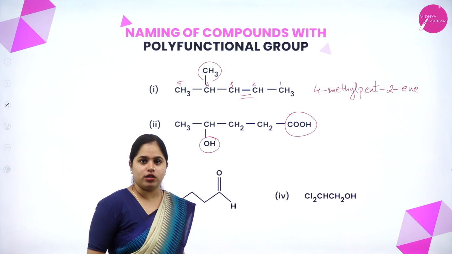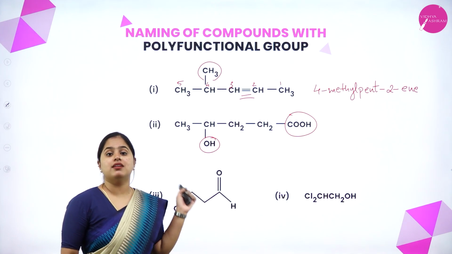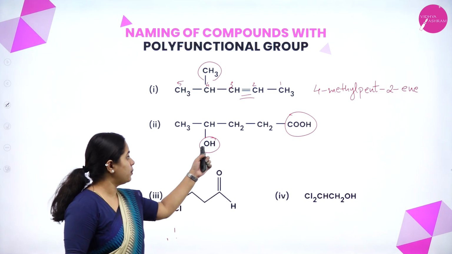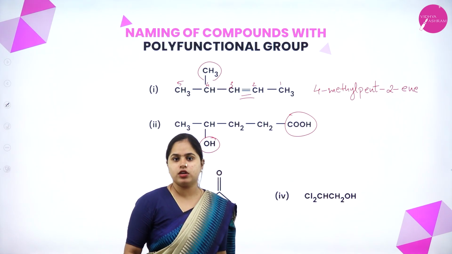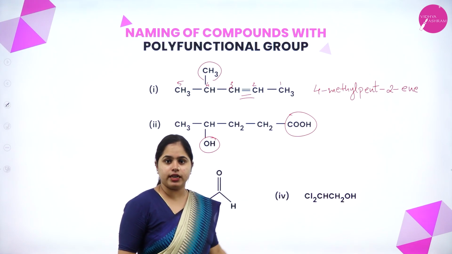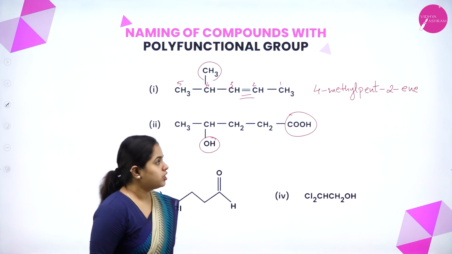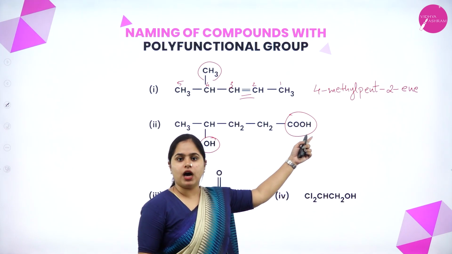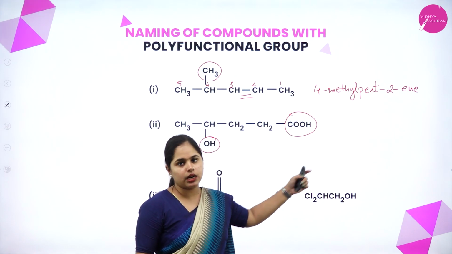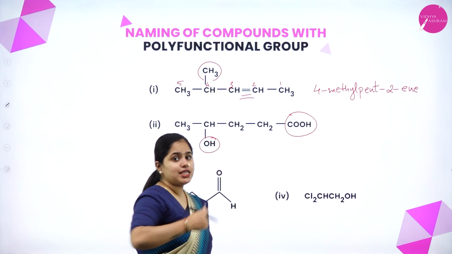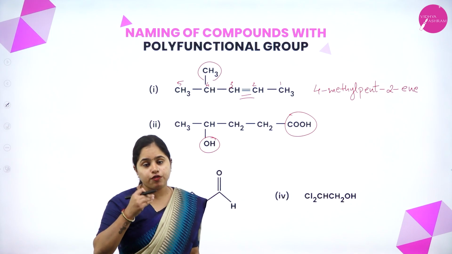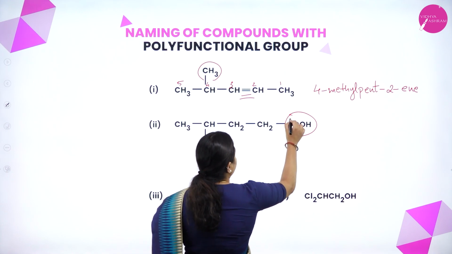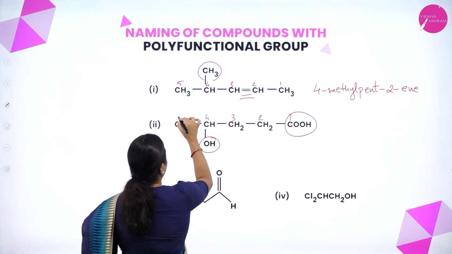Now what about the OH? That is alcohol. OH will be considered as a substituent here. So the name will be prefixed, right? This will be considered as prefix and that will be your suffix, because according to the priority list, carboxylic acid comes first. So again, what do we have to do? We have to start numbering. According to the priority, carboxylic acid comes first. So we start numbering from there. And as we studied according to the rule, if the functional group contains a carbon atom, that should be numbered as first, right? So it will be 1, 2, 3, 4 and 5.